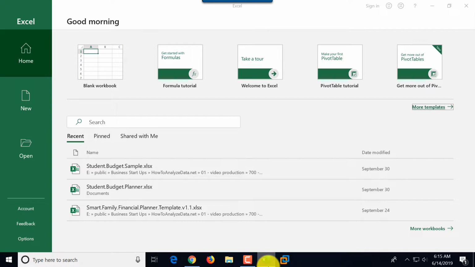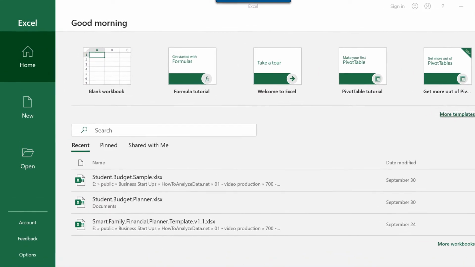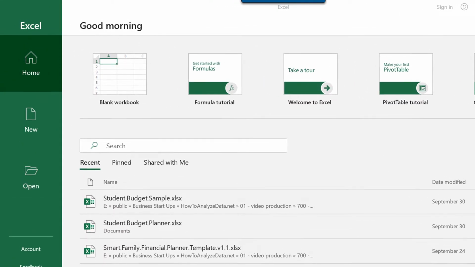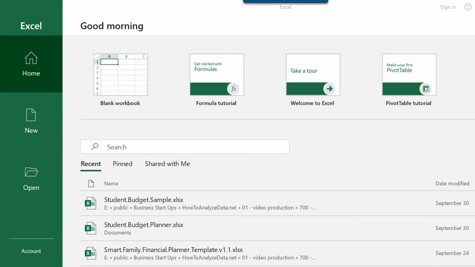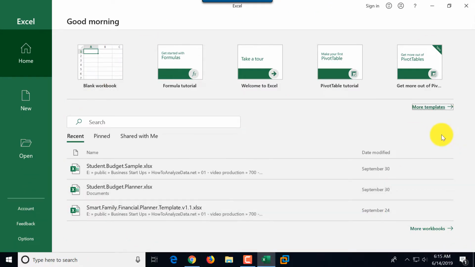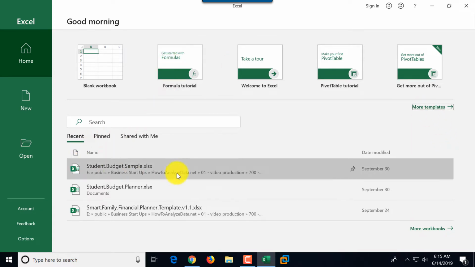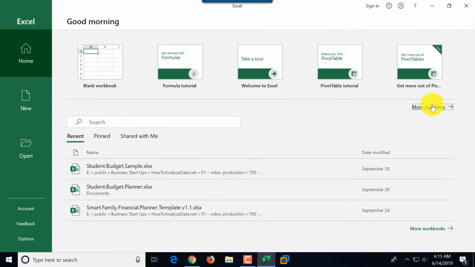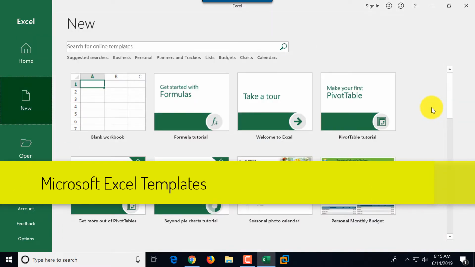To start Excel, you click on the taskbar. You can also type Excel in the search button. I'm going to click close here, and this is the screen that you typically see when you launch Microsoft Excel. As you can see, I have previously opened files, but what I'm interested in showing you right now